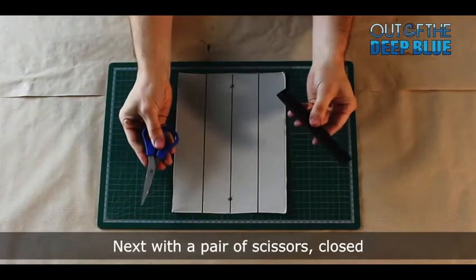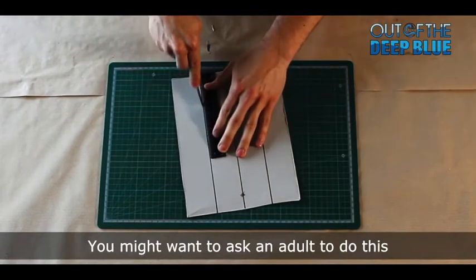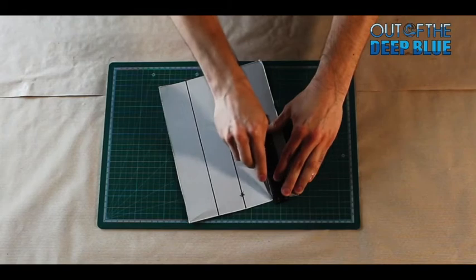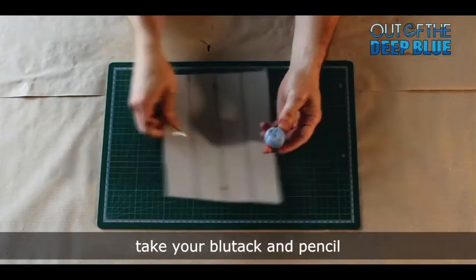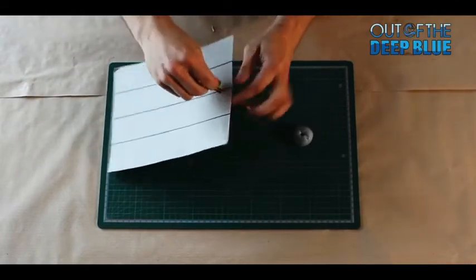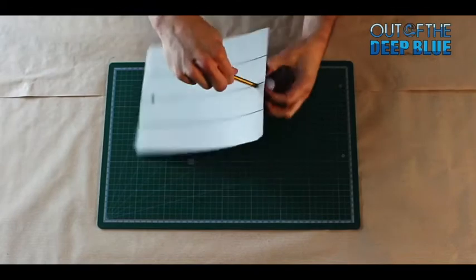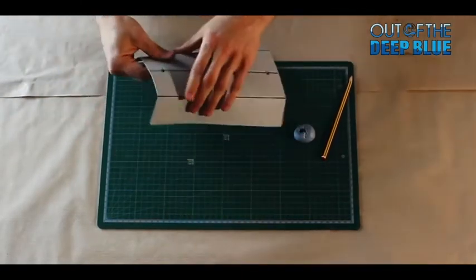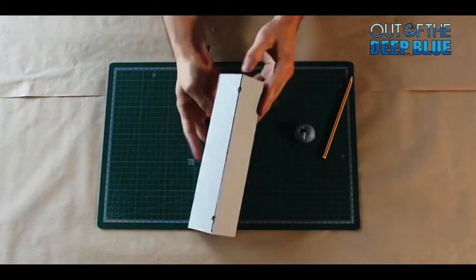Next, with a pair of scissors closed, carefully score along each line. You might want to ask an adult to do this. Once you've scored all 3 lines, take your Blu-Tack and pencil and pierce a hole through both of those marks. Next, carefully fold along your scored lines, folding the cardboard into a triangular prism. Set this aside,